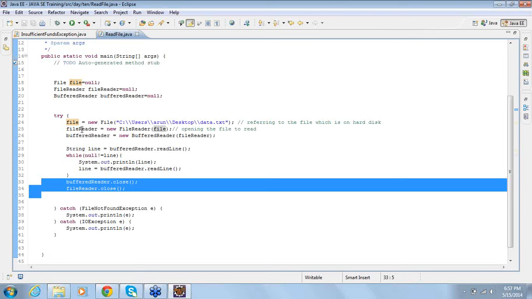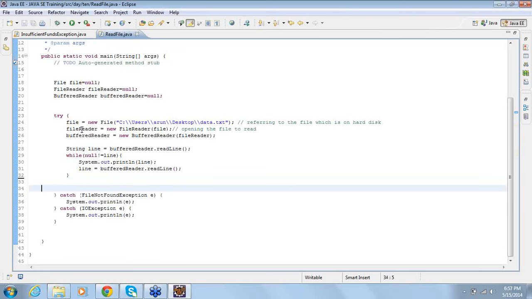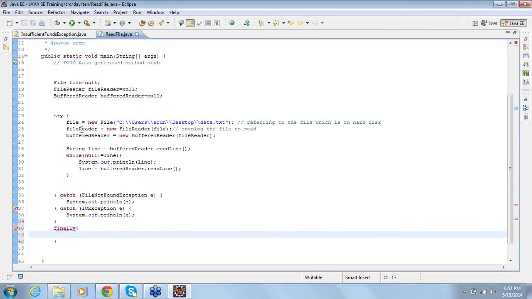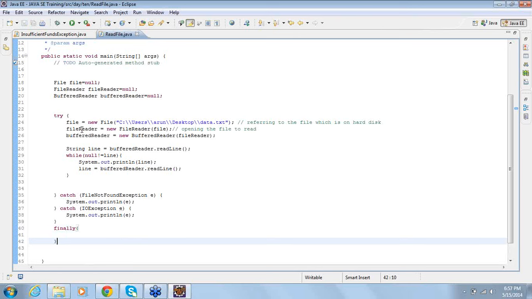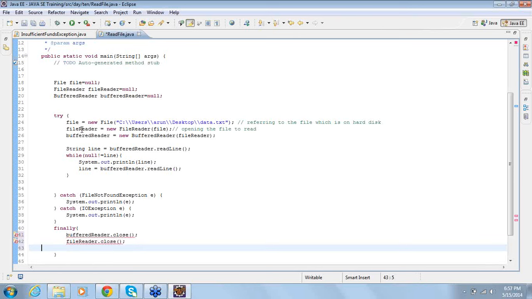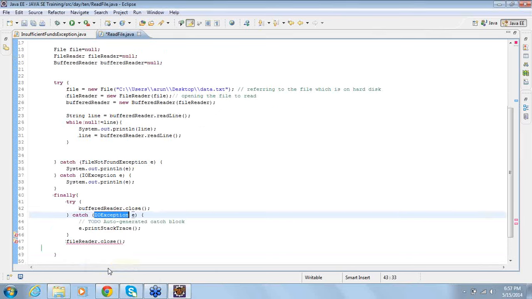So I have to ensure that the close method gets executed always, or closing of the resources gets executed always. Then we have a solution to it. What is that? We found that there is something called finally, and this block executes always, the finally block. Then I use the finally block to close the resources. Now since this close method also throws an exception,